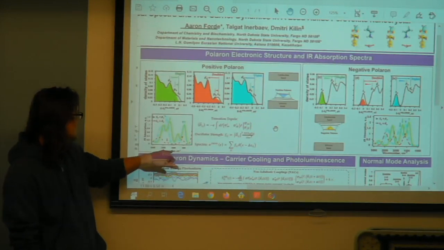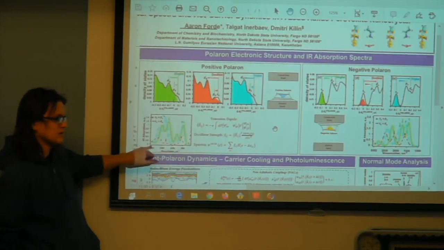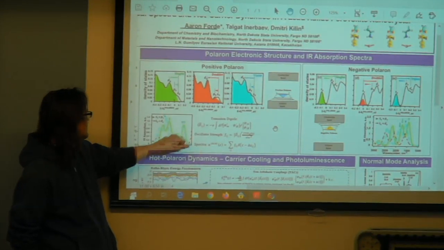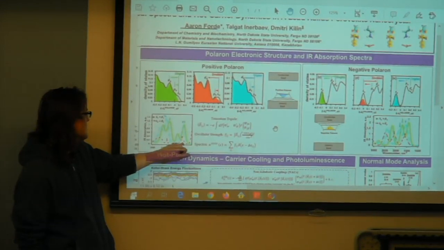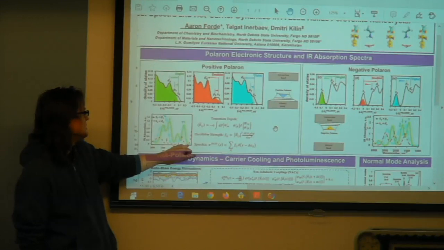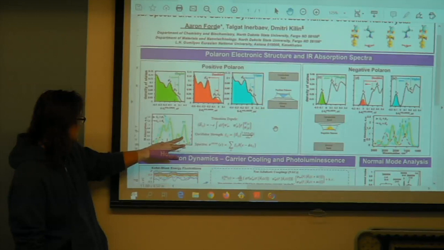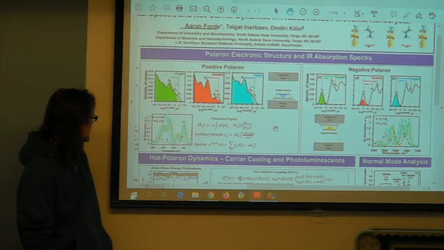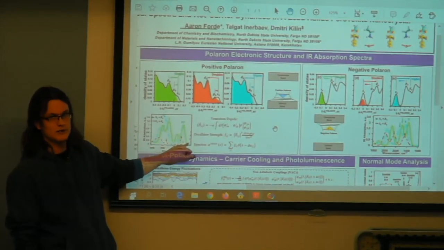So when we compute the IR spectra of the system, just note they're in wave numbers, so low energy to high energy. The lowest energy transitions we see are roughly in the same spot for the singlet and triplet, just with different intensities. And actually, take that back. The doublet shows a lower energy transition, and I'll get to that in a second. But I guess the main takeaway from this is that the singlet and triplets are bright, whereas the doublet is basically